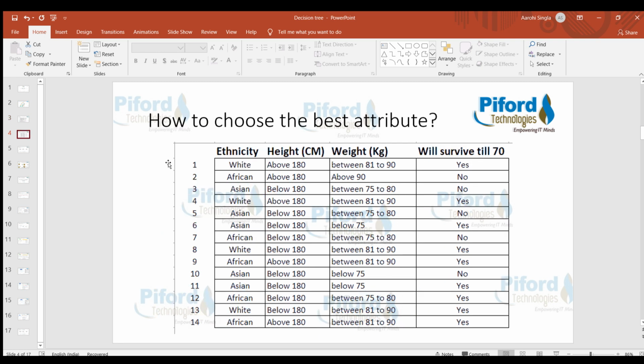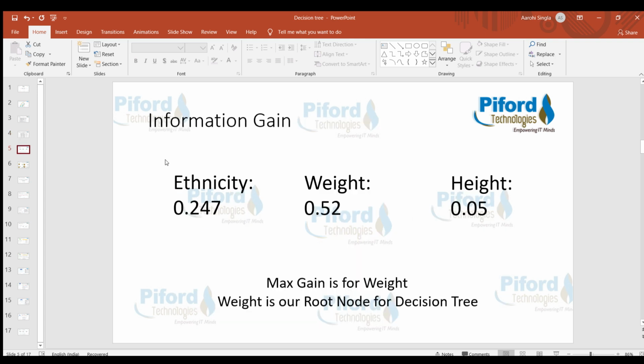So for choosing a right feature, we can use information gain. See, with the help of information gain, we can choose the best feature for root node by calculating information gain. The feature which will have higher information gain will become the root node for decision tree. So let me show you this. See, this is the output for our today's problem. So we'll be solving this today, and after solving you'll get to know like how I'm getting these values.